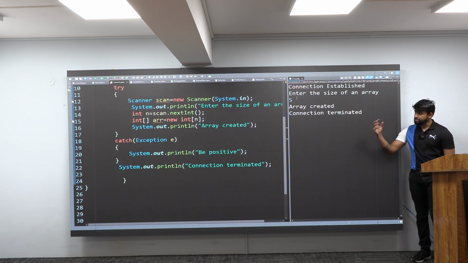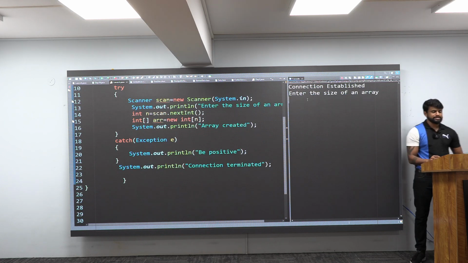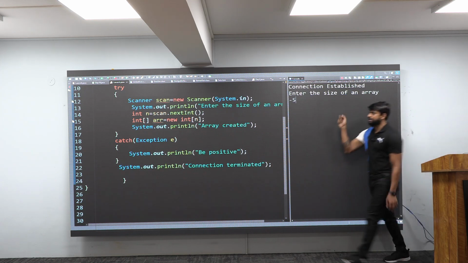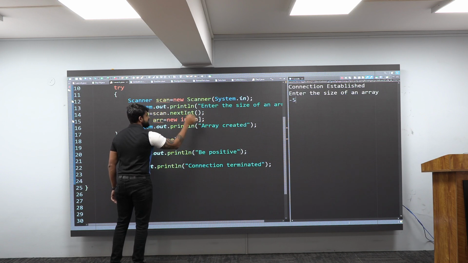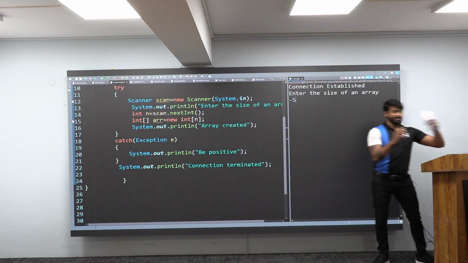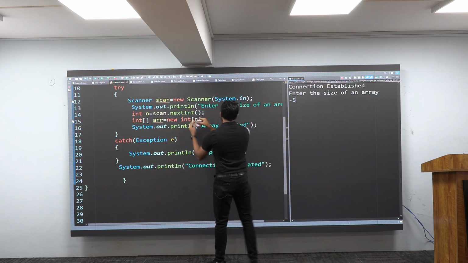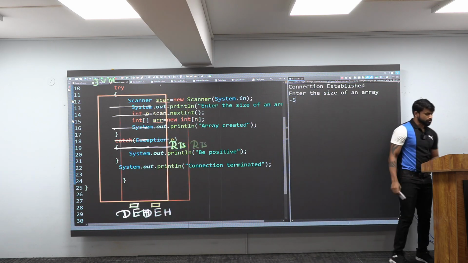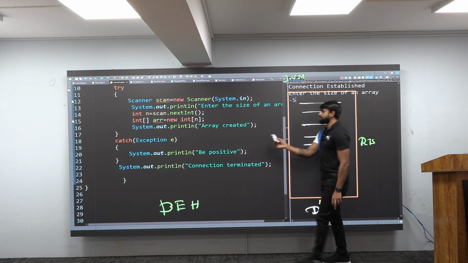Now, even though there is a try and catch, you are giving a proper input. So let me re-execute this and see how it works. Enter the size of an array: -5. I'll hit enter. -5 comes and sits here. This is a negative array size, so 100% there is an exception. One report object is created, and when the object is created, it comes out. Where will it go? It will go to the runtime system. The runtime system will take this object and come to the same program.